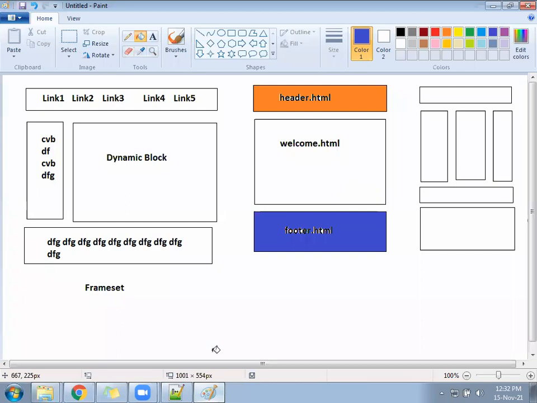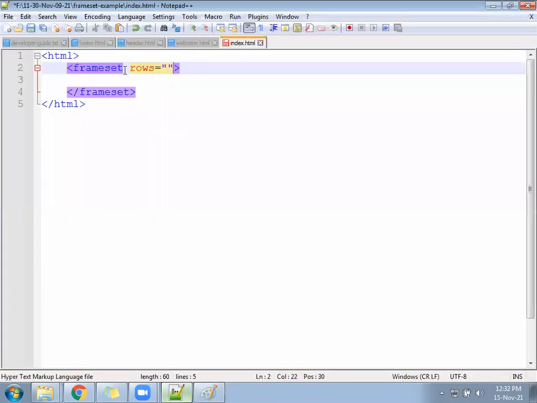So let's go here. A property called rows, R-O-W-S. The rows property represents the height. So total height we have 100%. In that, 10% of the height we give to the first row. That is where the header will appear. The header will appear under the first 10% of the height, comma.